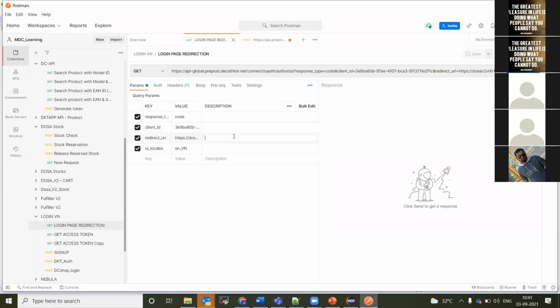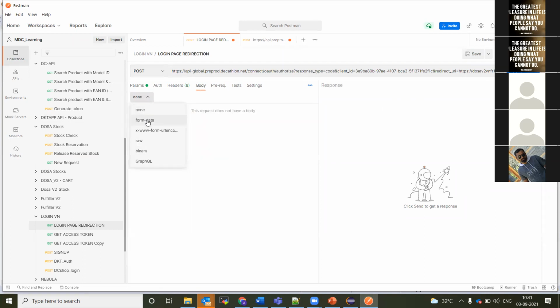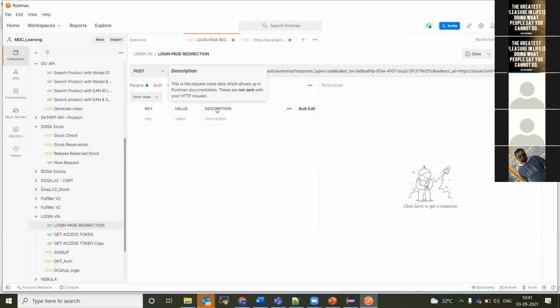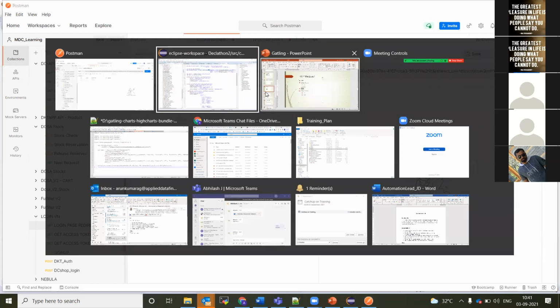So these are the two formats. If you want to add it for the post method, it will be form param. Whatever data changes will be a form param. Here it is mentioned as form data, but that is form param in the Gatling methods. So these are two different types.